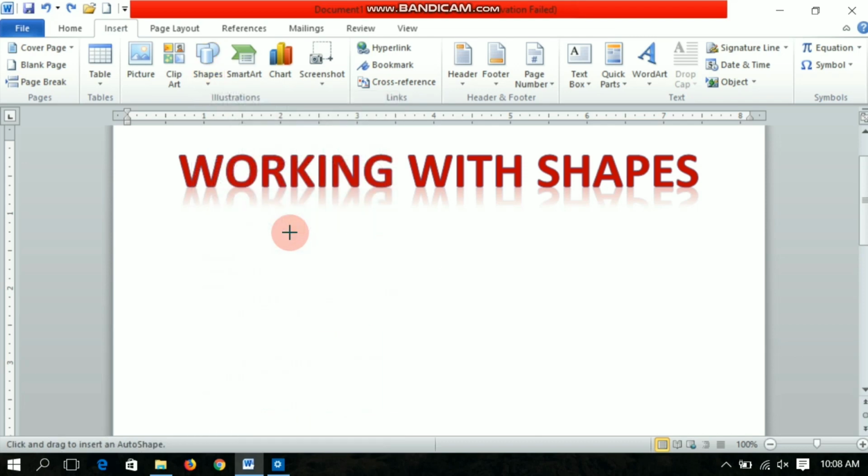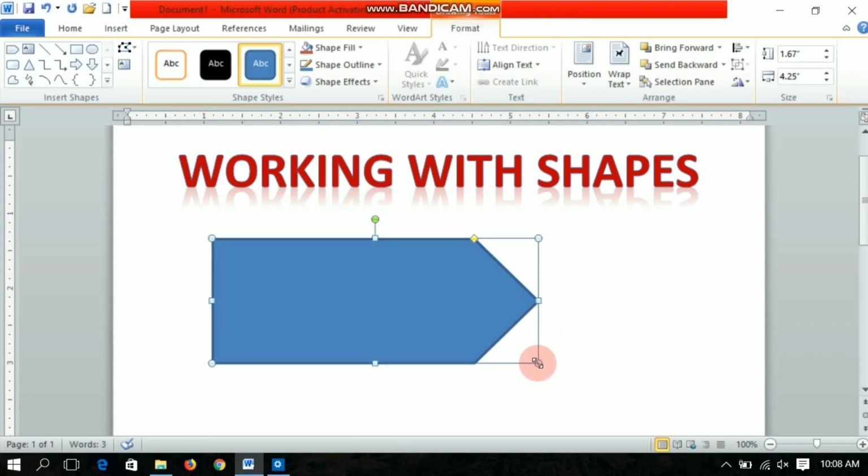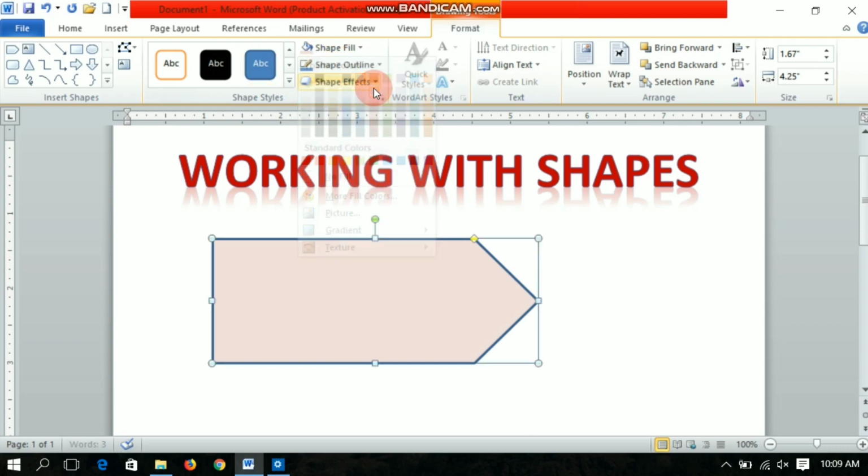Here I am choosing this one, and you will get a plus sign and just drag the mouse cursor and the shape will be formed. You can also change the color of this particular shape as per your need and want, and you can change its outline.